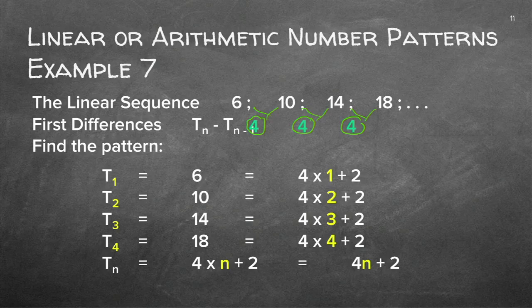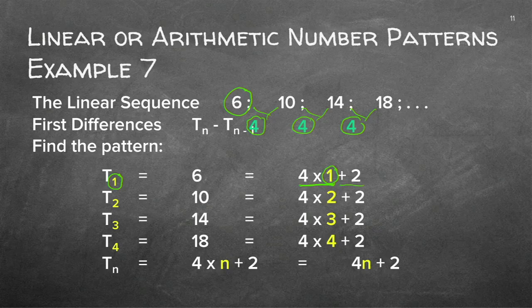So the minute we see the difference between terms are the same all over, then we know we're busy with an arithmetic sequence. And then I can just start off and say, but that means it's going to be something like 4n, like the previous one was 2n. But if I just take 4n, 4 times 1, remember, term 1 is 4 times 1. 4 times 1 doesn't give me 6. I'm short of something. What am I short of? I'm short of 2, and that will give me 6.